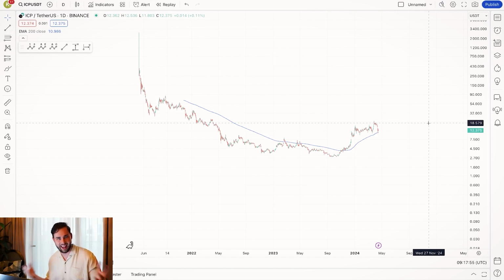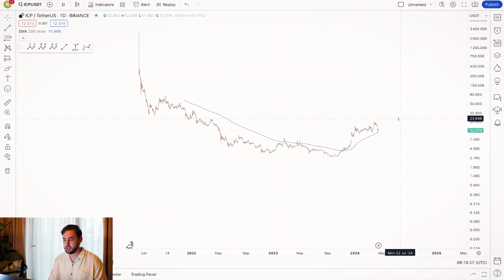Like I said, can this apply to individual altcoins? Well, at this point in time, what you have to understand with the crypto market is it's so juvenile, and all these projects, even Bitcoin, are extremely juvenile. You don't have a 4-year smooth moving average, or a moving average at all, for any of these altcoins, particularly ICP, which I'm using in this case. One of the best indicators I would use for individual altcoins is the 200-day moving average, one of the longest moving averages you can use in swing trading.